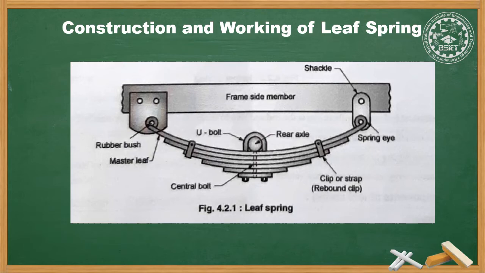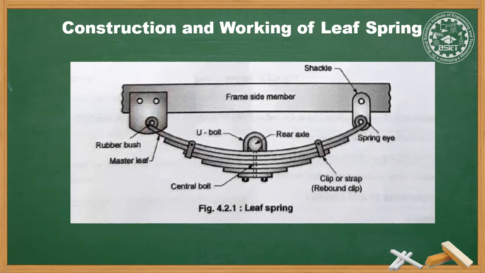The leaf spring carries the lateral load, braking torque, driving thrust and the shock. So it is used in heavy commercial vehicles. It can be considered as a vehicle body member. The leaf spring consists of a number of semi-elliptical plates called blades or leaves. The leaves are given initially a curvature or camber so that they tend to straighten under the load. That is, the leaves have a curved shape and tend to straighten when they are under the load.